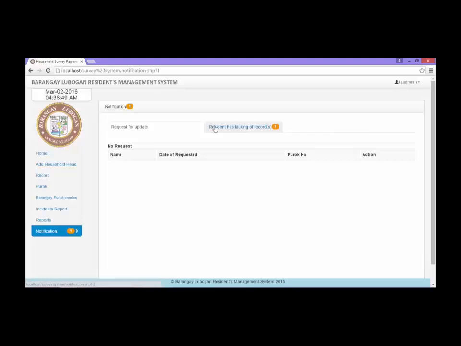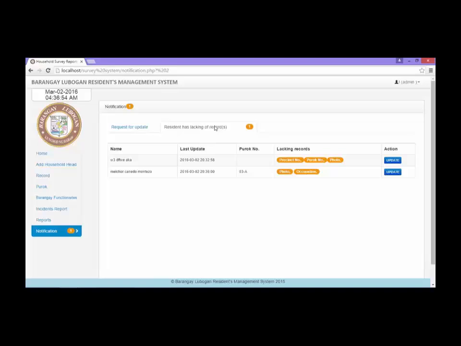Then next, the resident has lacking of records. So when I click that, it's so useful in Barangay Lubogan to know what is the lacking records of the resident. For example, Melchor Montiso, his lacking number has photo and occupation. So I update that,